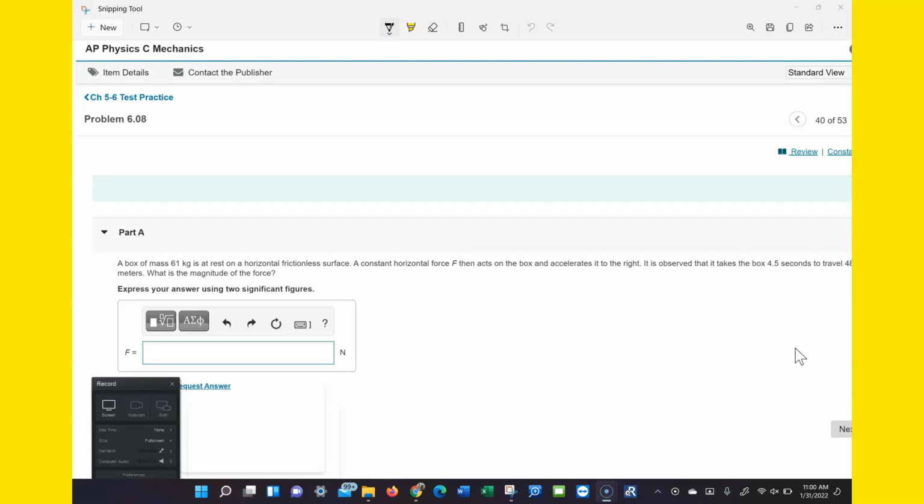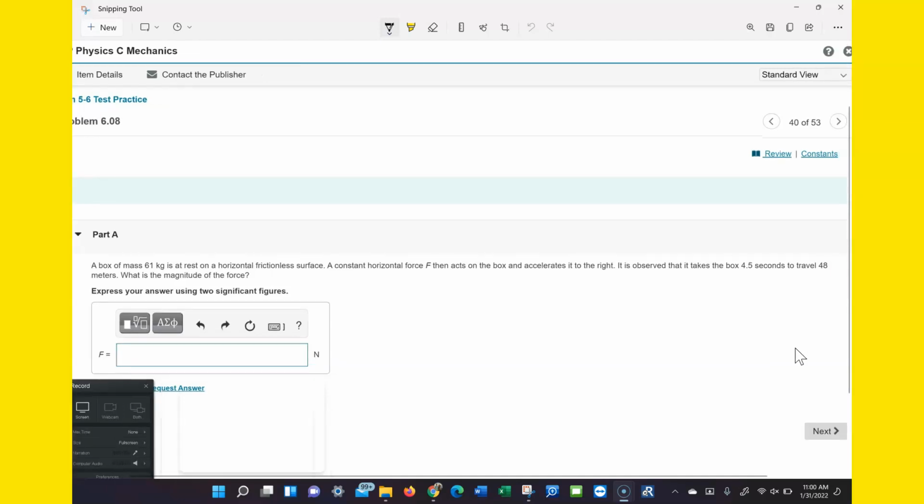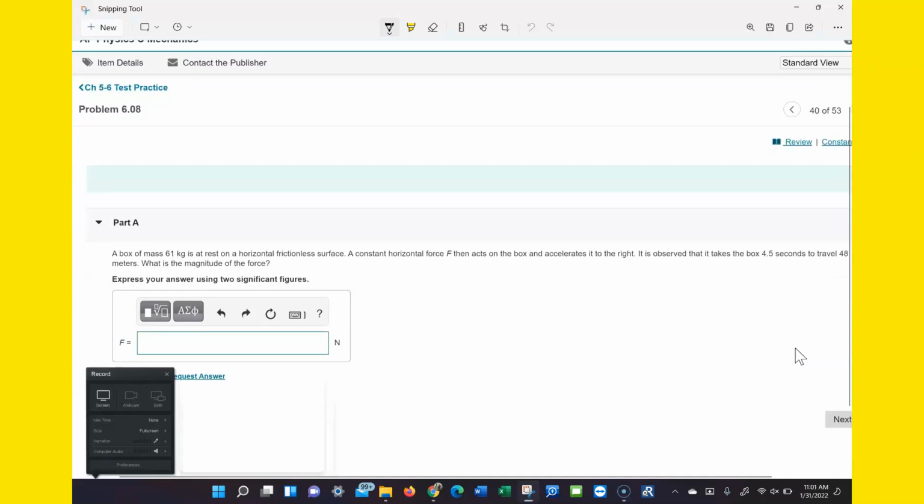A box of mass 61 kilograms is at rest on a horizontal frictionless surface. A horizontal force F then acts on the box and accelerates it to the right. It is observed that it takes the box 4.5 seconds to travel 48 meters. What is the magnitude of the force? Well, the magnitude of the force, or the sum of the forces,